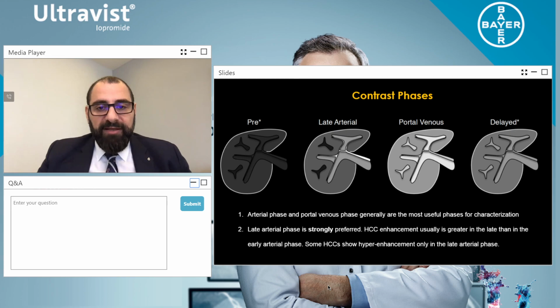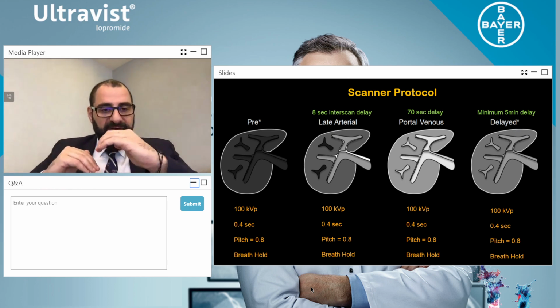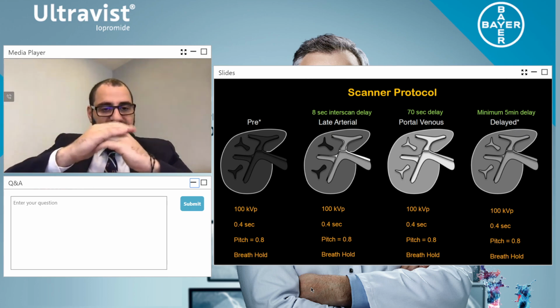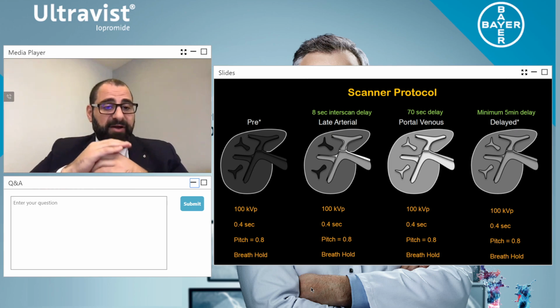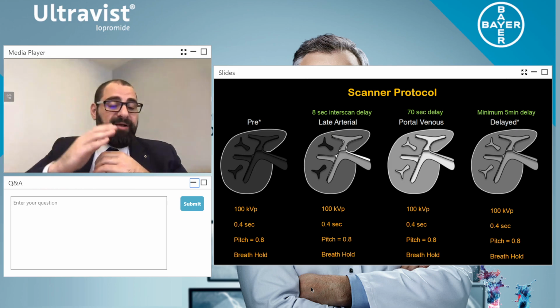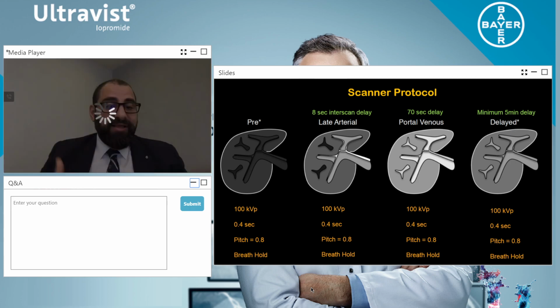So if we keep going, let's look at the protocol. I always structure my protocol to be exactly the same for all my phases. So if we look at the first line below the images, I always have a 100 kVp protocol for every single sequence. Second, I always use a fast rotation time. Because what happens is if I have the liver here and I have my lung there on top, it starts to flutter and you have differential movement. And this is because of breathing and the ability of the liver to actually want to push back up so we can push air back out. So it doesn't think you're underwater and you're suffocating.